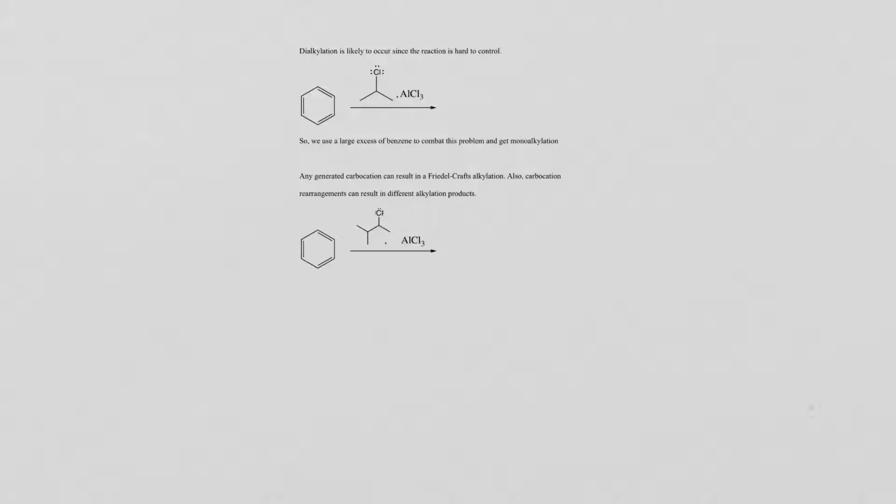So the next thing I want to say is dialkylation is likely to occur, and it's hard to control. So we just drew the major organic product from this one reaction. Wow, so we have to do it again. Don't worry, we're just drawing the product. We're not doing anything too complicated. So remember, you get this, and I'll put the isopropyl group here, but you could also get